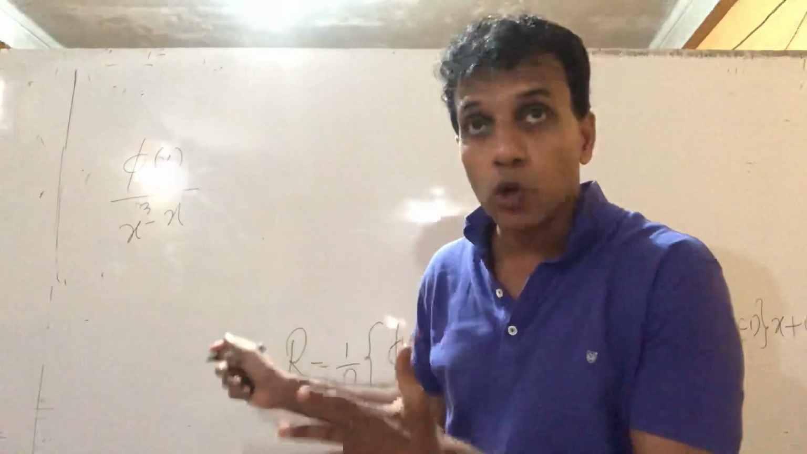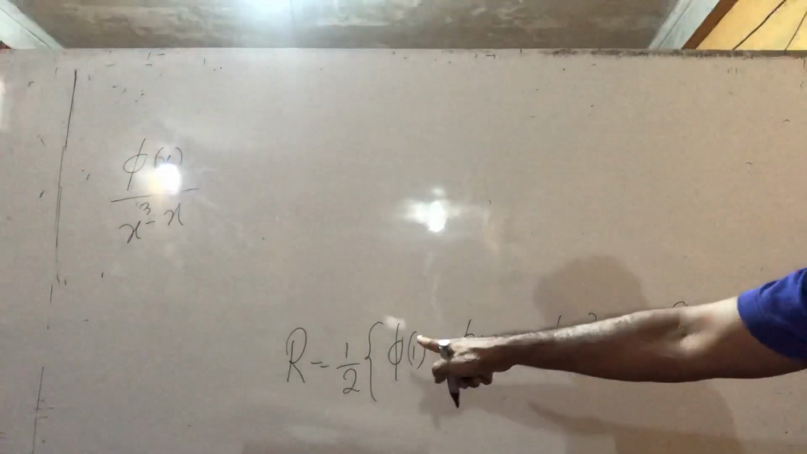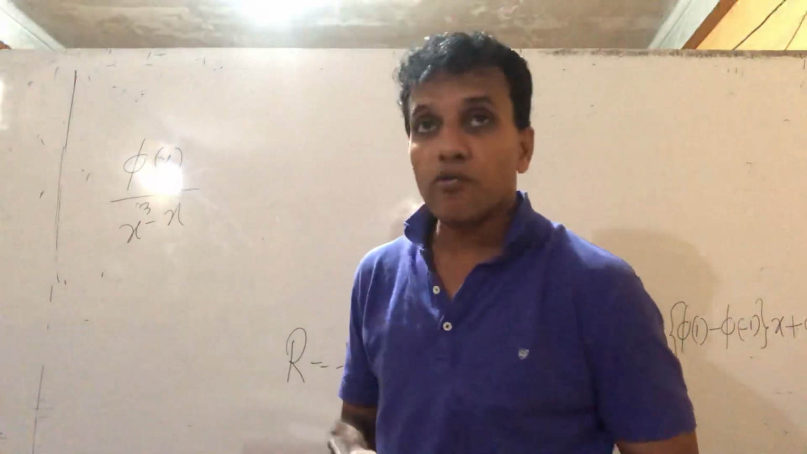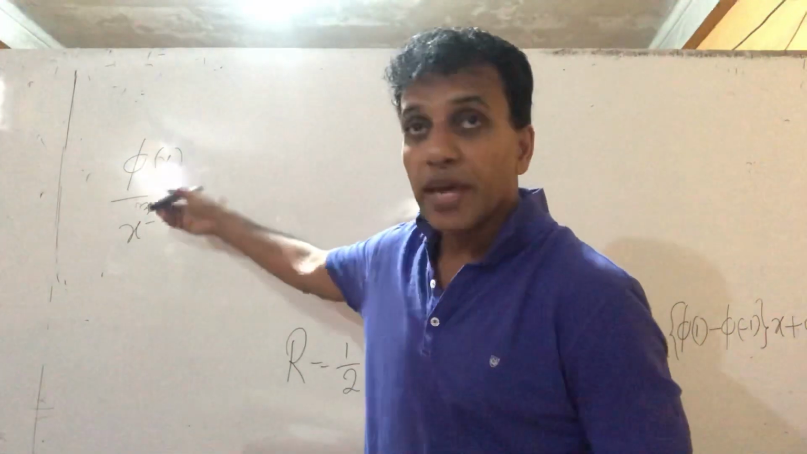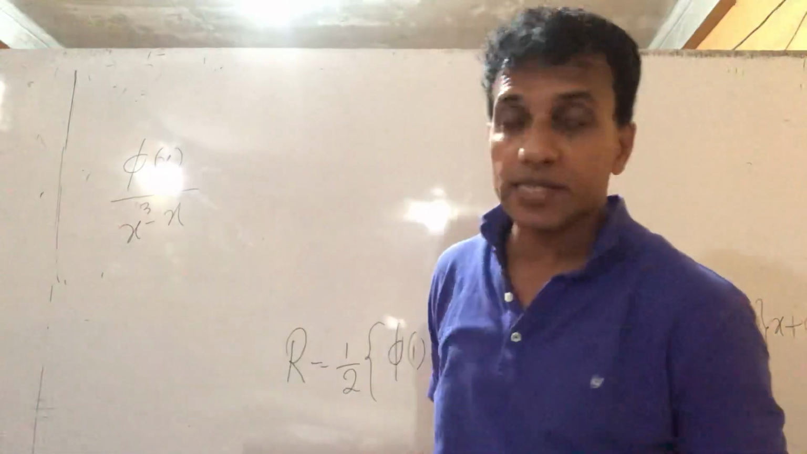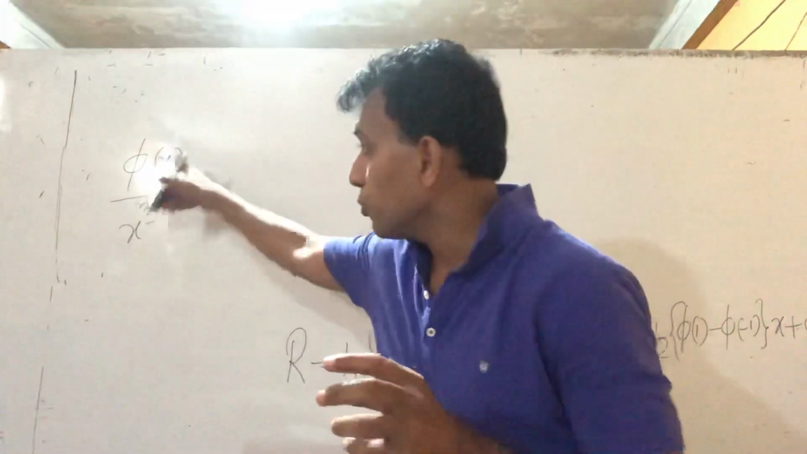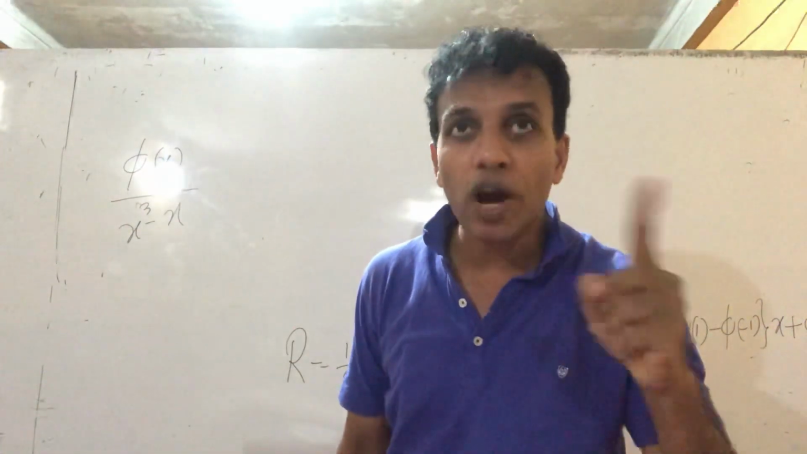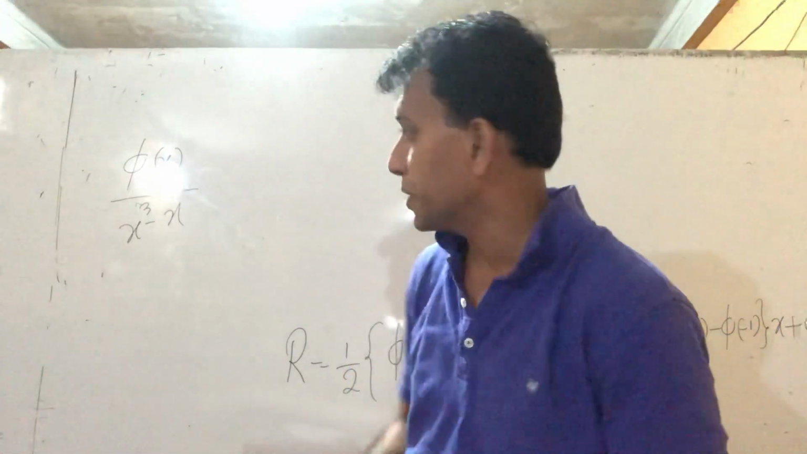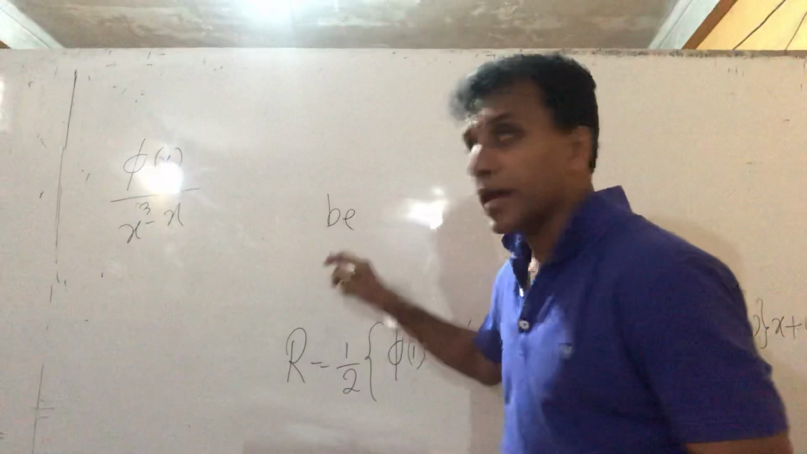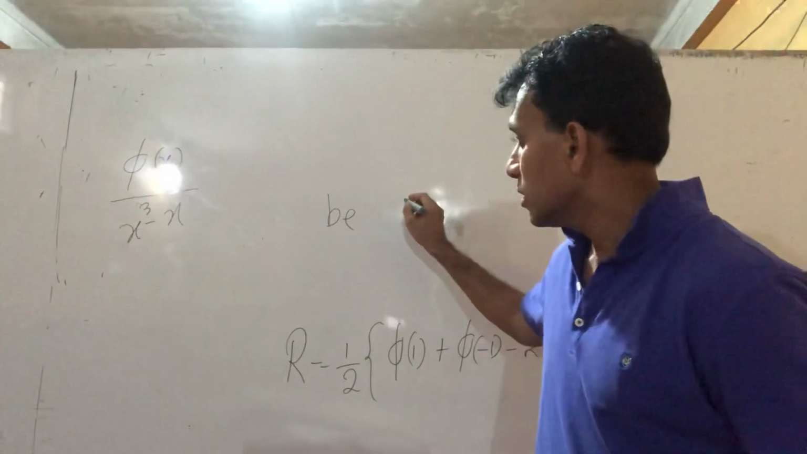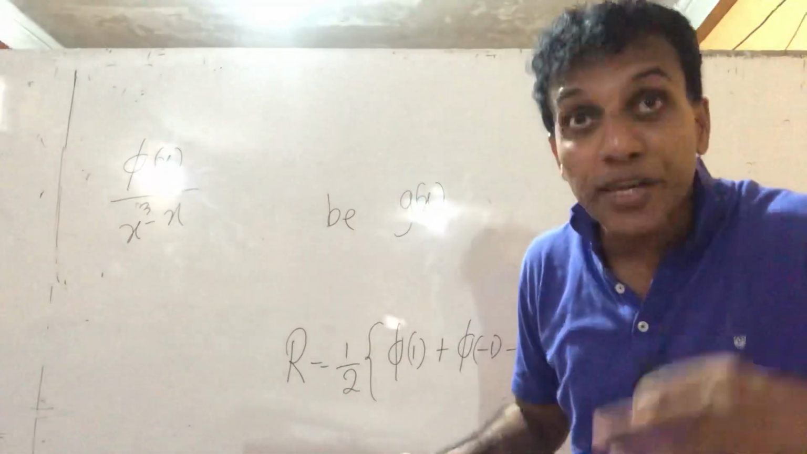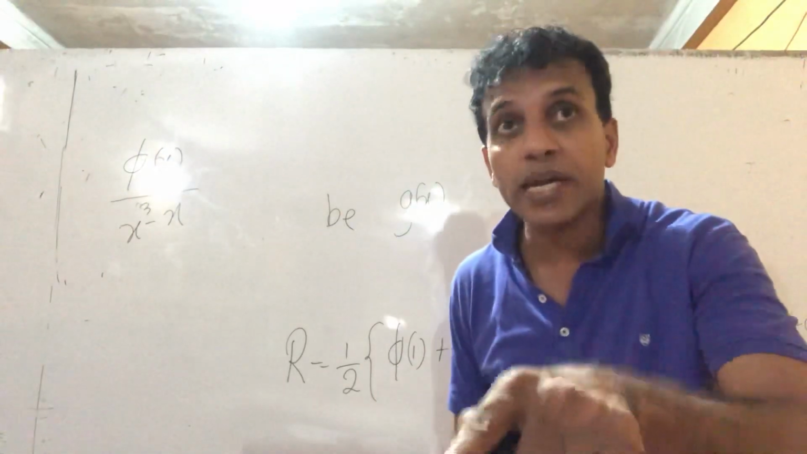Okay, so I'll show a brief solution. It's completely symbolic form, a notation pattern. So write the sentence: when phi of x is divided by x cube minus x, let the quotient be g of x. The answer is g of x. And the remainder is,